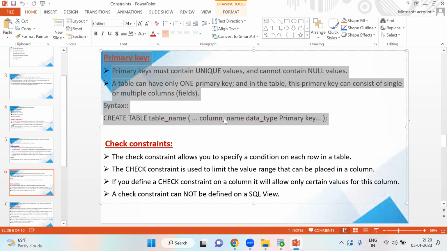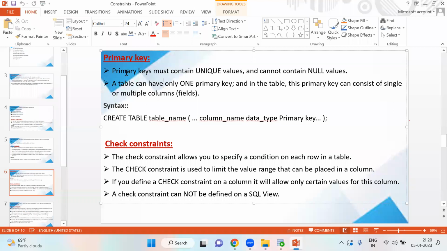Okay, guys. A primary key is nothing but a combination of the unique constraint and the not null constraint. It means that when you declare a column as a primary key, you cannot insert